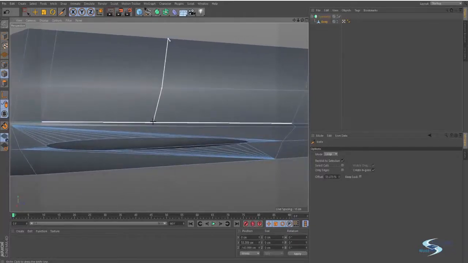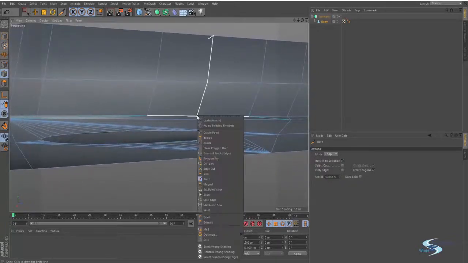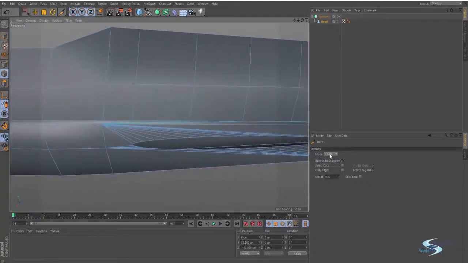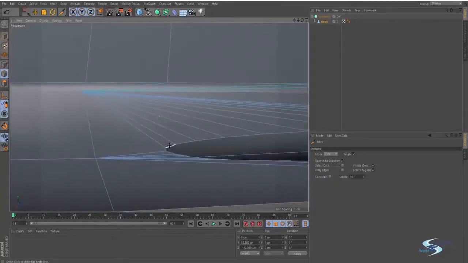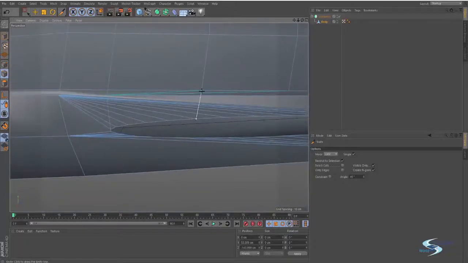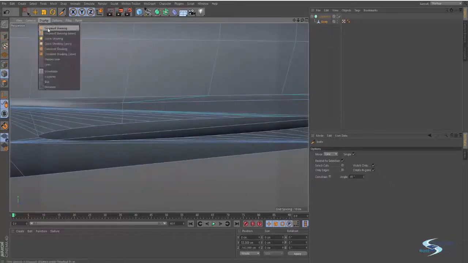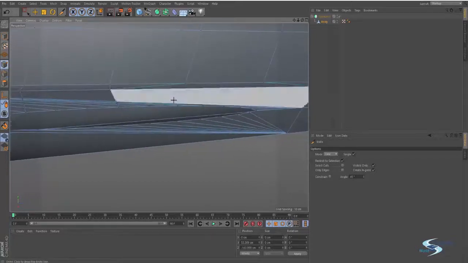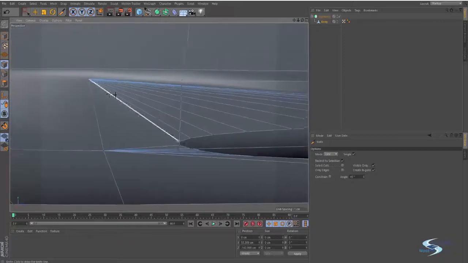Then I'll need one in the middle and one to connect to this end over here. And then we can just create one line in between both of these, like this. So get my line cutting tool, cut from here to there, cut from here to there, cut from here to there,